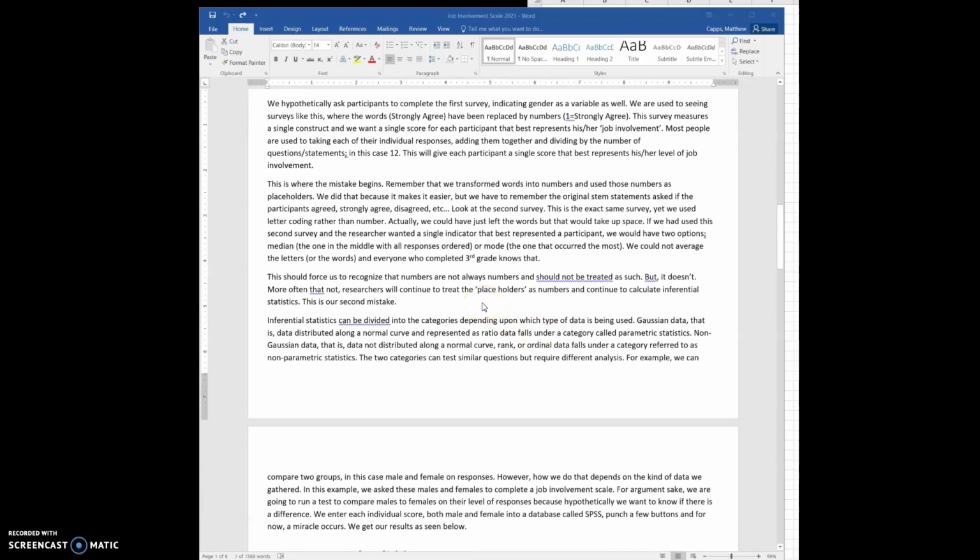Now, theoretically, this should force us to recognize that numbers are not always numbers and should not be treated as such, but it doesn't. More often than not, researchers continue to treat the placeholders as numbers and continue to calculate inferential statistics. That's the second mistake, because